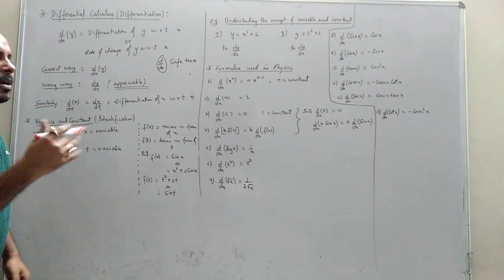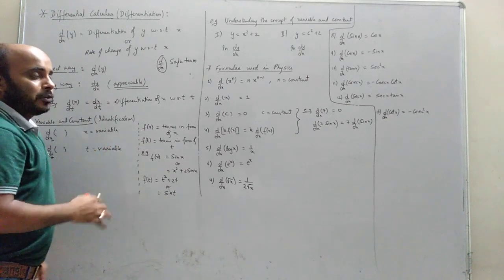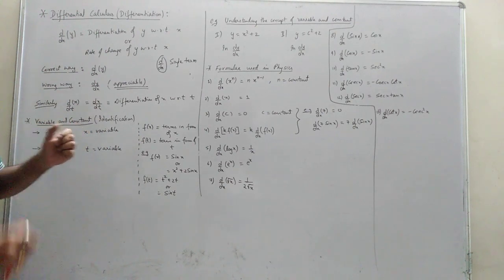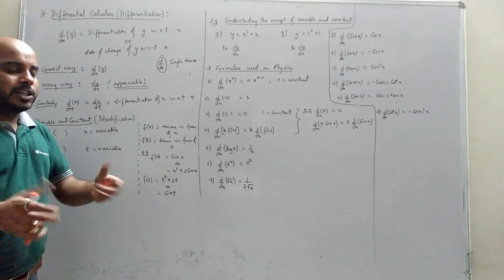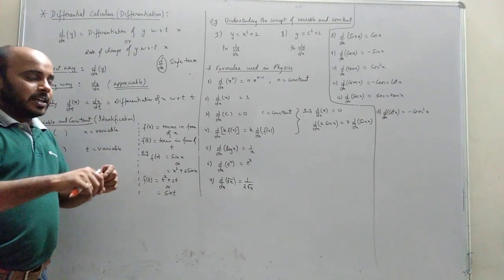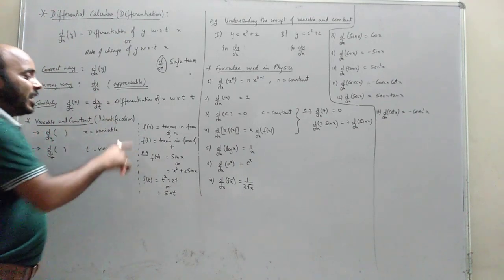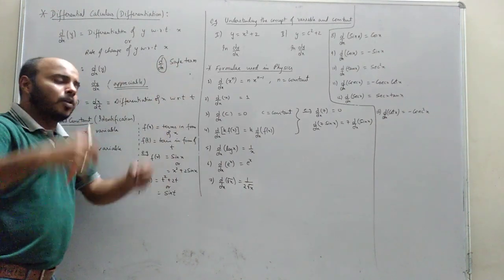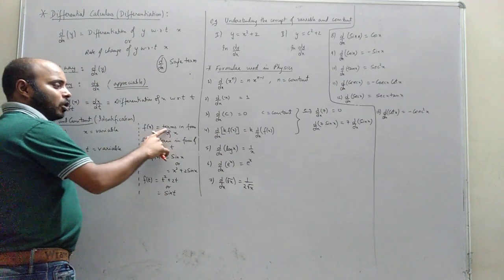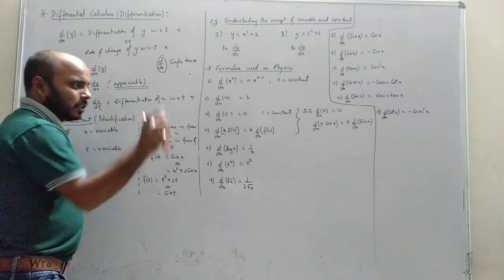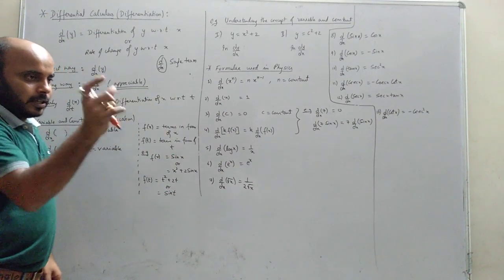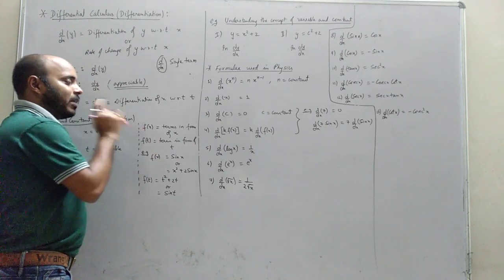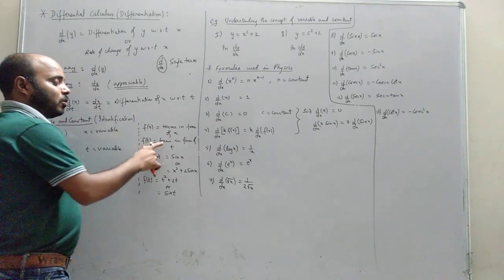Now in mathematics, in physics, we come across this f of x, f of t. The picture should be very crystal clear. What is f of x? In a normal language, what is x and f of x? If I say f of x, in mathematics we say function of x. Forget about mathematics. In a simple way, terms in form of x. Whatever expression is written in terms of x, we say it is f of x. Similarly, f of t means what? Terms in form of t.